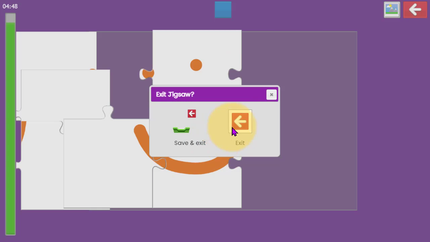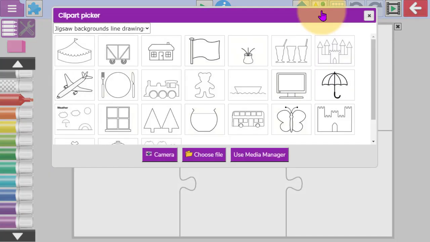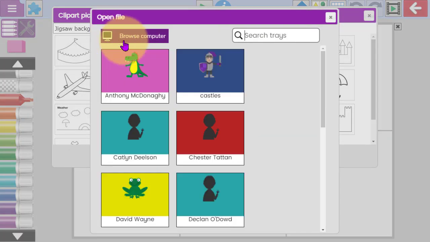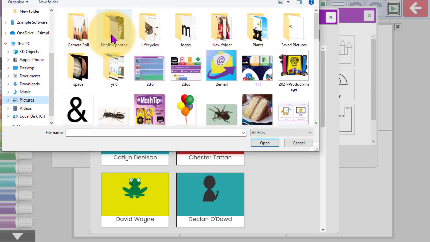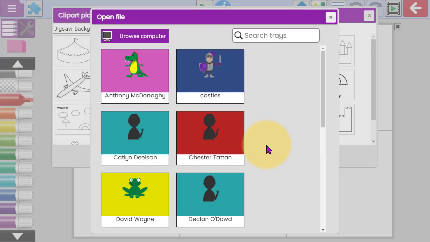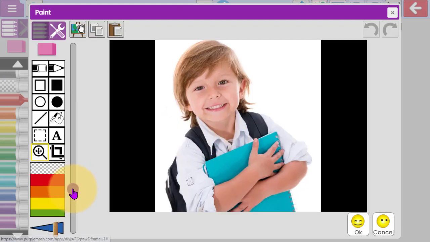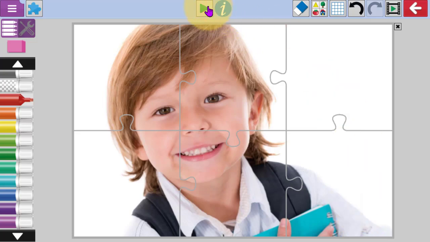But if I want to make it a little bit more specific for the children, then what I could do is import a picture of them. So if I want to take a selfie of them, if I've got a forward-facing camera on my device, alternatively, I might just browse my computer. And as you can see there, that pop-up also allows me to import any work the children have done. So if they want to piece together any of their work, that's always a nice idea as well. But here, I might just import a picture of a child, press OK,